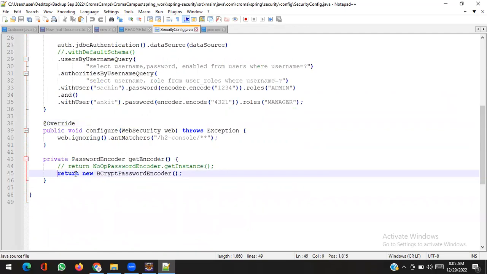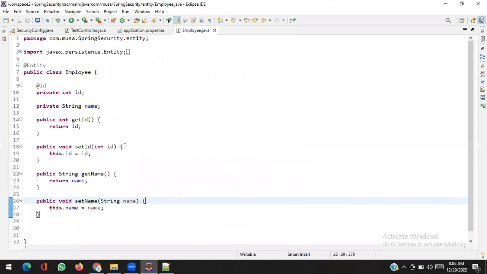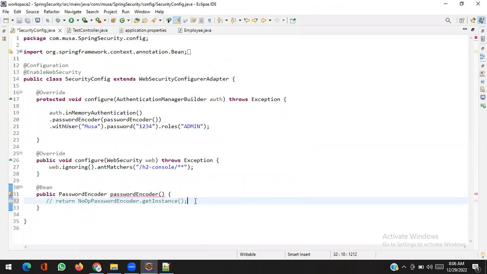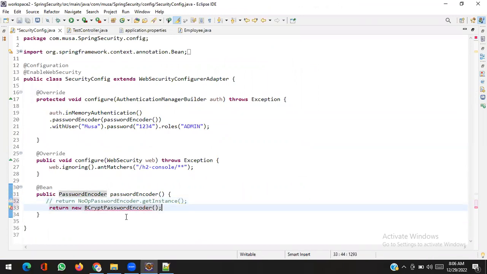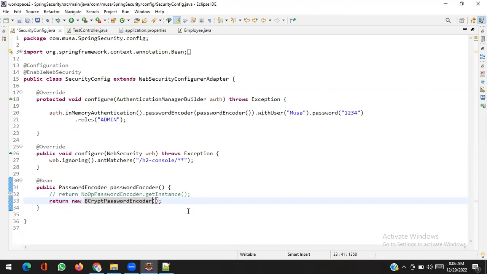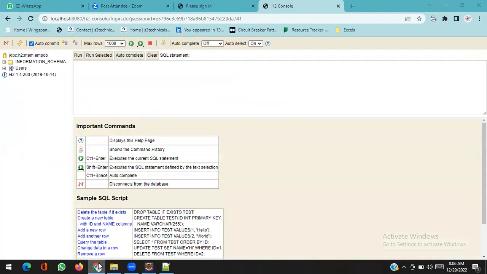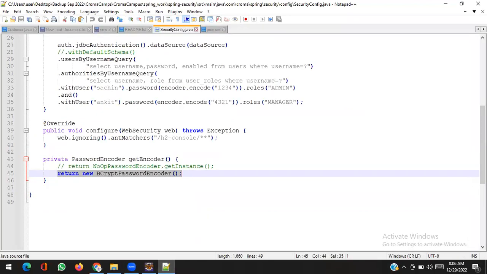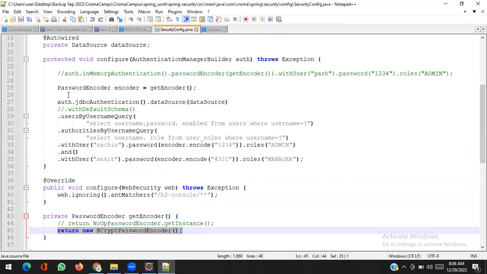Okay, no worries. First change the password encoder, because now I don't want to save my password in an encrypted form, so I will use the decrypt password encoder provided by the Spring Framework. So now this password will be used. Okay, and just one more minute. Instead of using this thing,